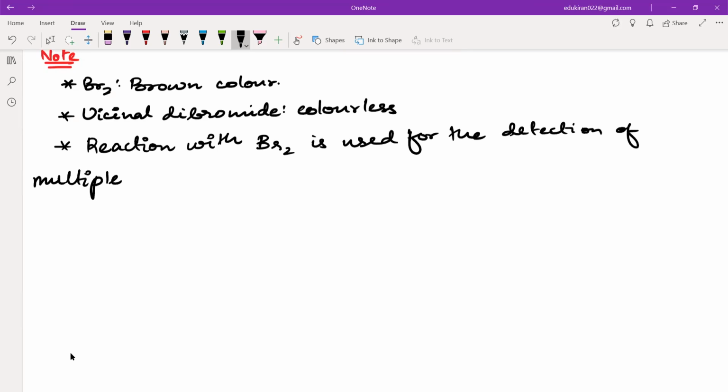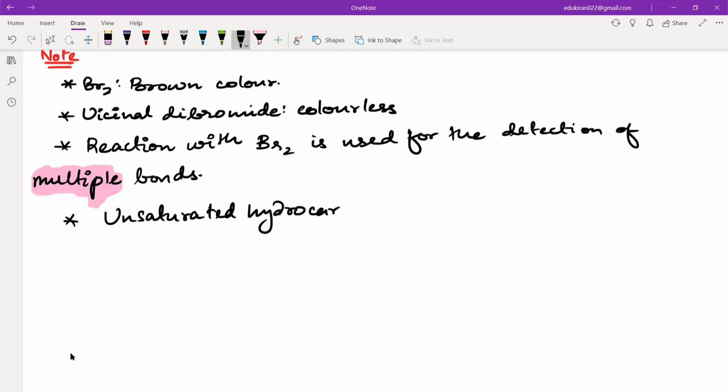Please remember, it can be a triple bond, so multiple bonds. This is important, that it is used for the detection of multiple bonds. That means unsaturated hydrocarbons